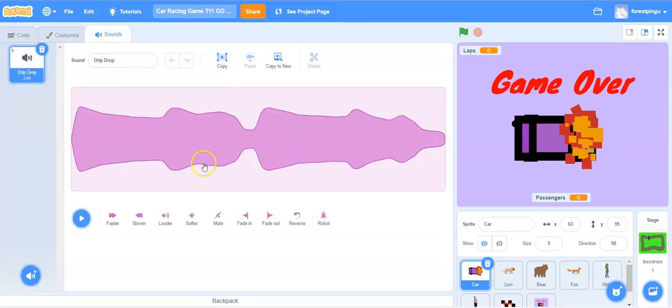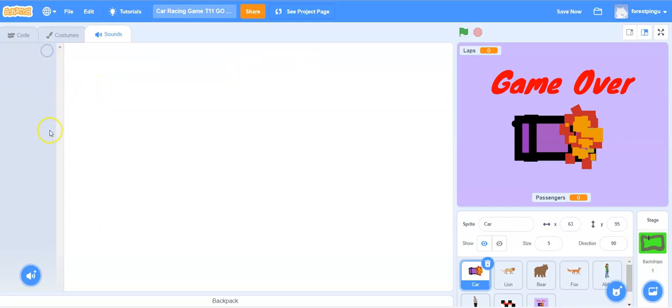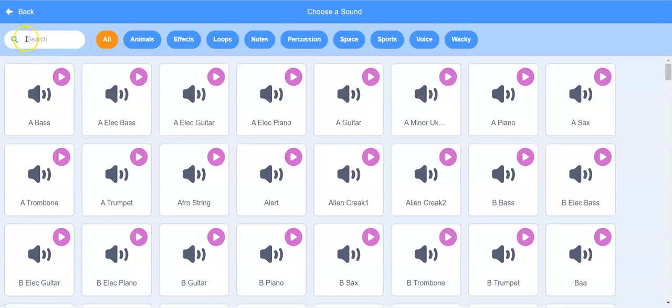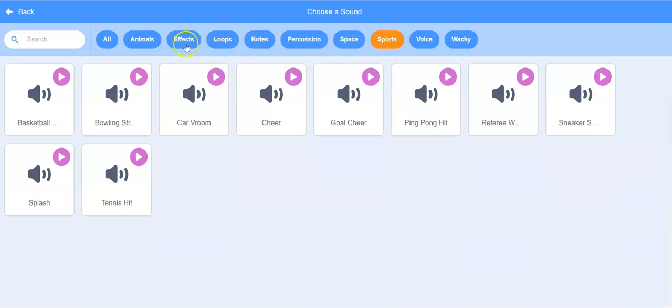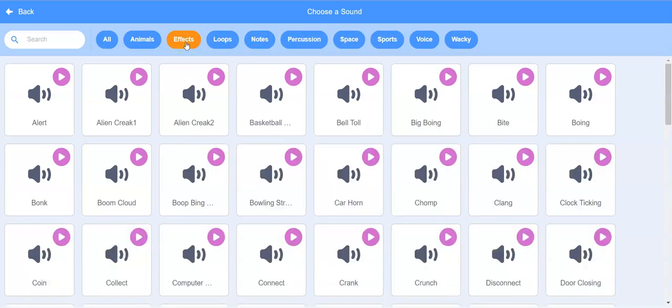So there's the sound tab and I'm going to find the sound that I'm going to use. At the moment there's a sound already with my car, though that's a default sound, so I'm going to find my own. You can actually delete that one if you don't want to have it there, but it won't play. You choose the sound you want to play. So I'm going to move my mouse over the add sound and I'm going to the first choice, which is choose a sound. Now you've got a search tool here, or you can select by type of sound, and I'm going to go for an effect here, and I'm going to choose